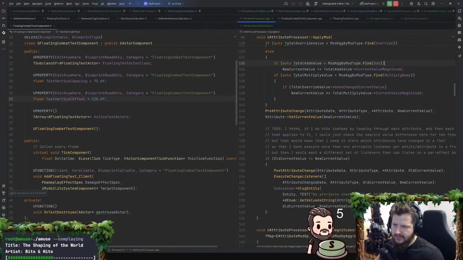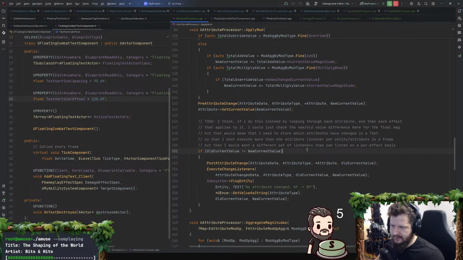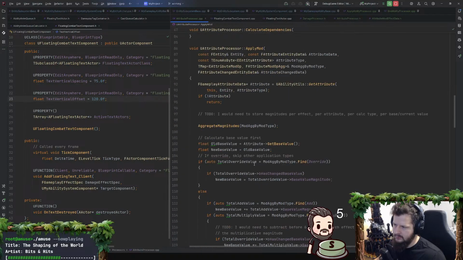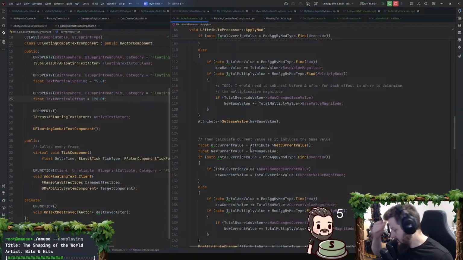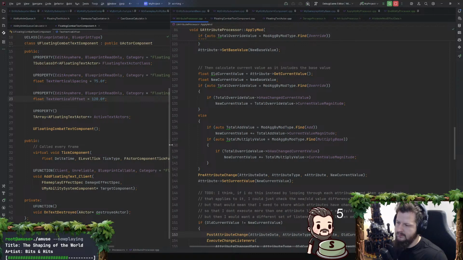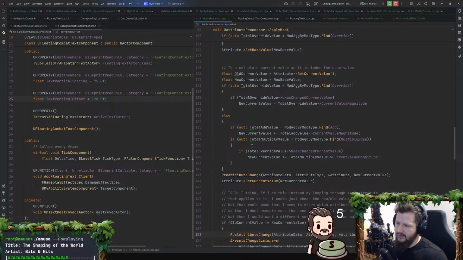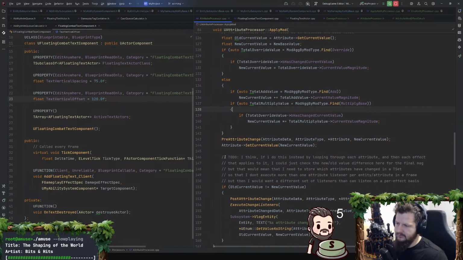Last I left off, I realized that I needed to write a gameplay effect execution listener type thing. I already have both a pre and post attribute change listener here, and I already have some attribute change listeners as well. But now I need gameplay effect execution listeners, basically, because I will need to respond to events that are happening.